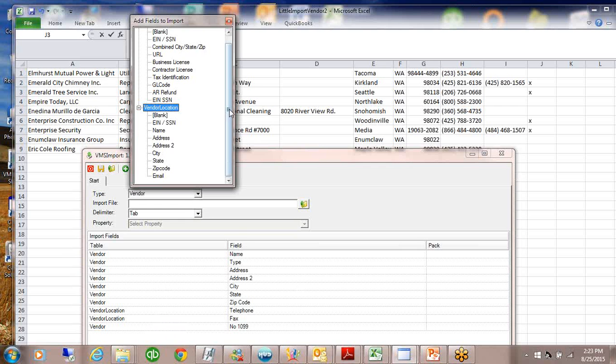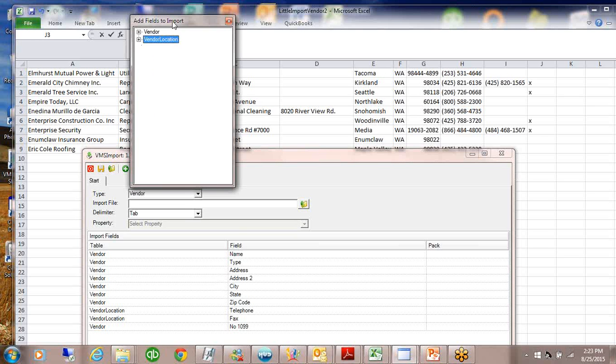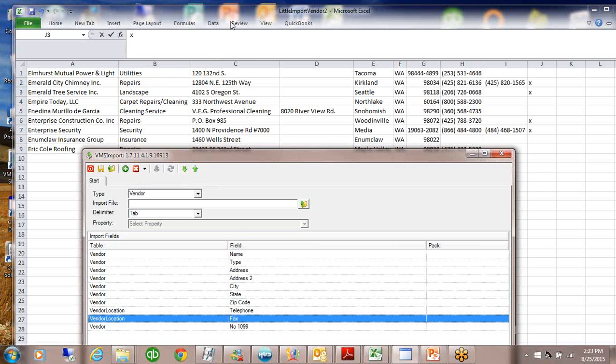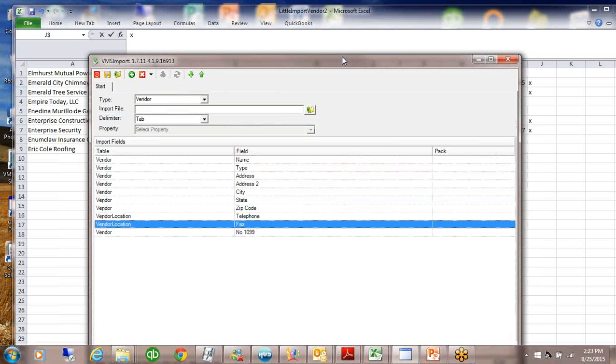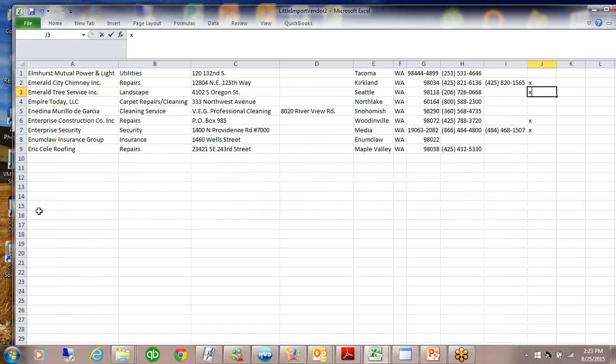So other information I can bring in, so the vendor stuff we talked about, this name and address here for location is for AP if it is different than what we put up here. And then email address is another field you can bring in. So it is kind of limited what you can bring in, but this is what we have available to us right now. So once you put in your order, okay, so now I'm going to save this, file, save as,